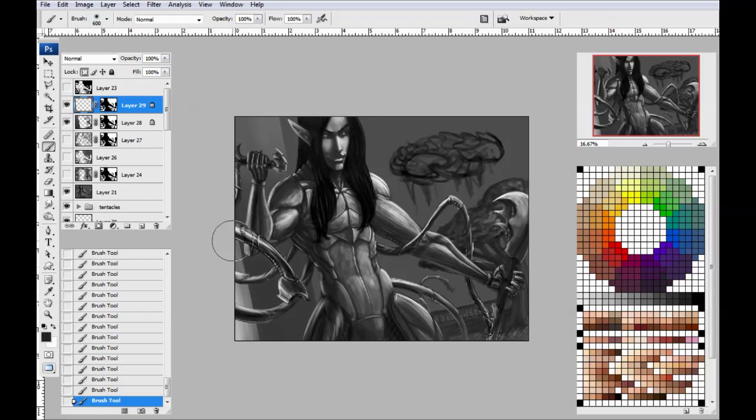Here's something you're told never to do. Use the airbrush function. So we can come back down here, and